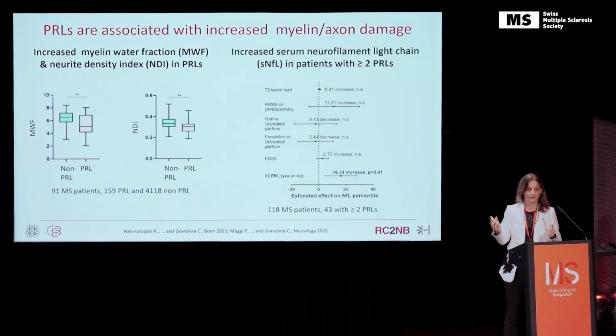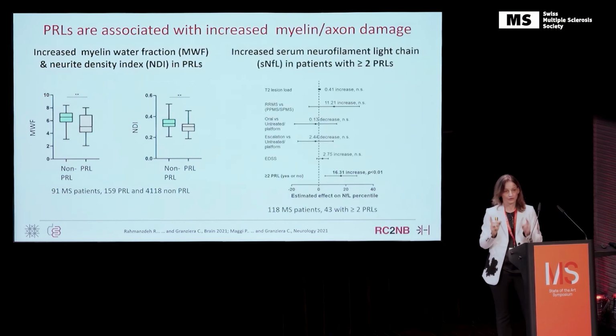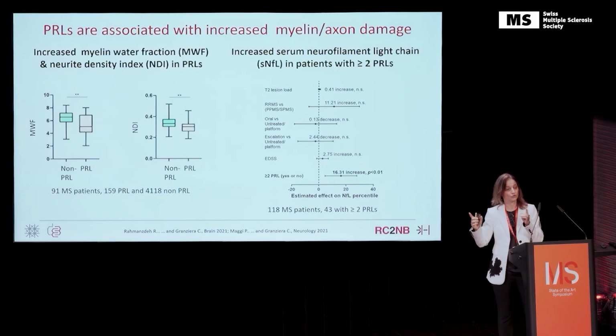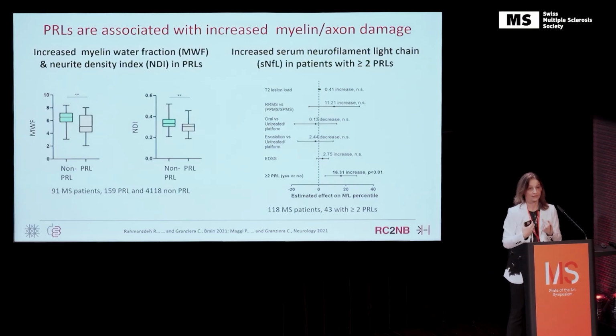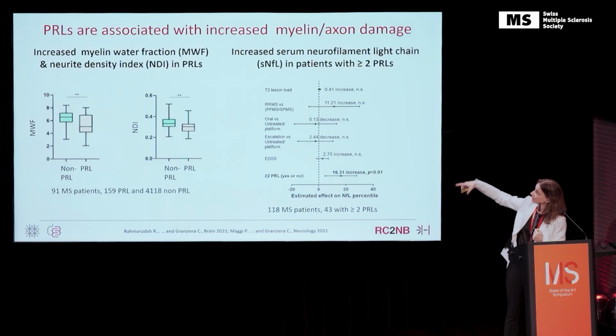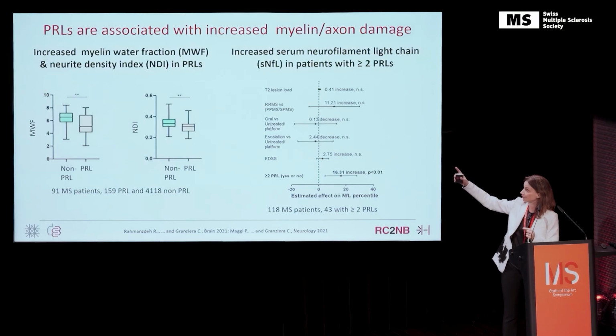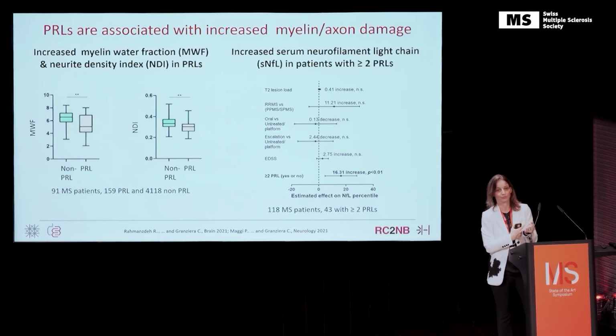And then in a study that we did some years ago between Lausanne and Basel, we also saw that in patients having zero clinical activity and zero MRI activity during the past year, so our stable patients, if you count these lesions and the patient happens to have 2 or more of these lesions, this is the main determinant in this multivariate model of the increase in the serum of this patient of serum neurofilament light chain, which is a neurodegeneration biomarker.